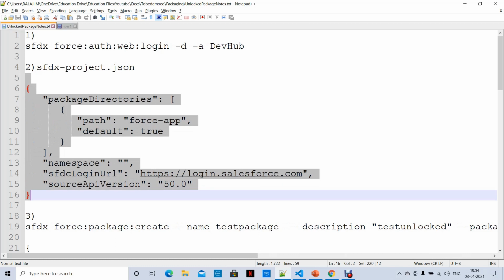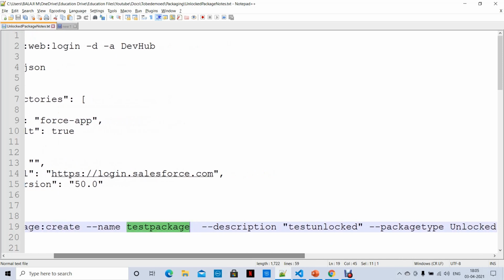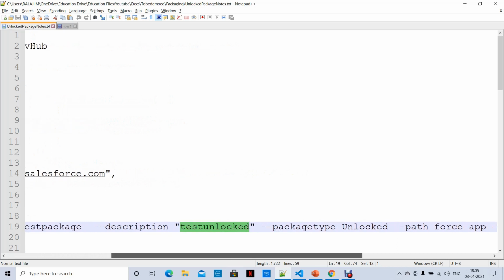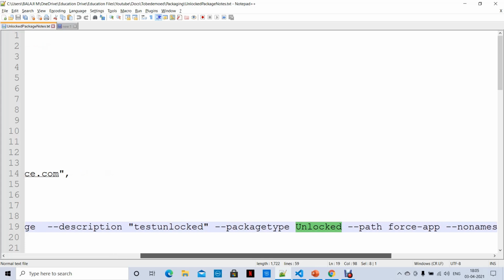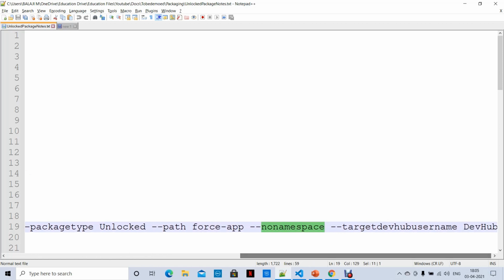For creating the package, you just need to use this command sfdx force:package:create, and then you can give package name, okay, and description, and then package type unlocked. You have to specify this, and path, okay, from which components, force app, and no namespace because we are not going to create any namespace here.